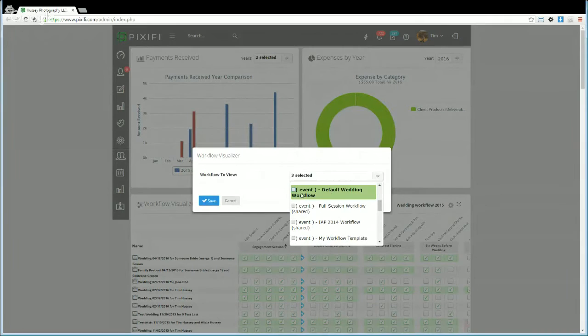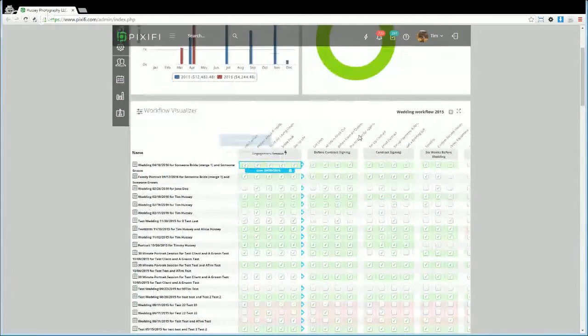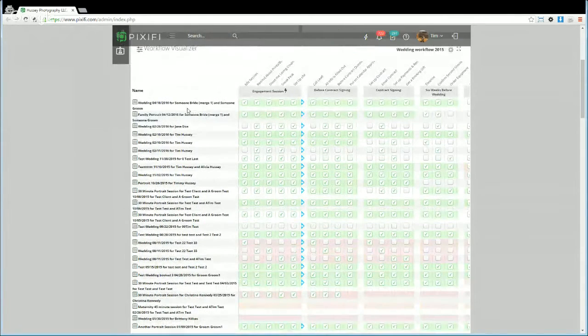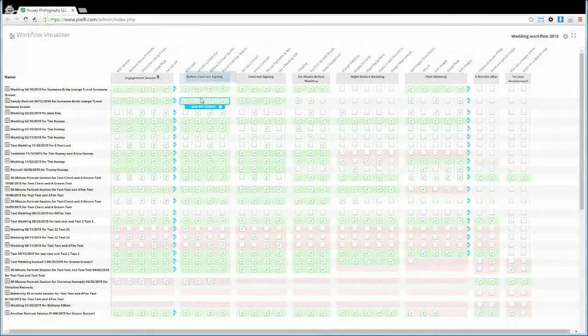Some of these are event type workflows, so it will show me any events that I've added that workflow to. So here I have my wedding workflow 2015. That's last year's, and these are all the events. I think all of them are test events that I've added it to, and I'm going to hit this little full screen icon here on the widget just so I can get an even bigger view. And you'll see